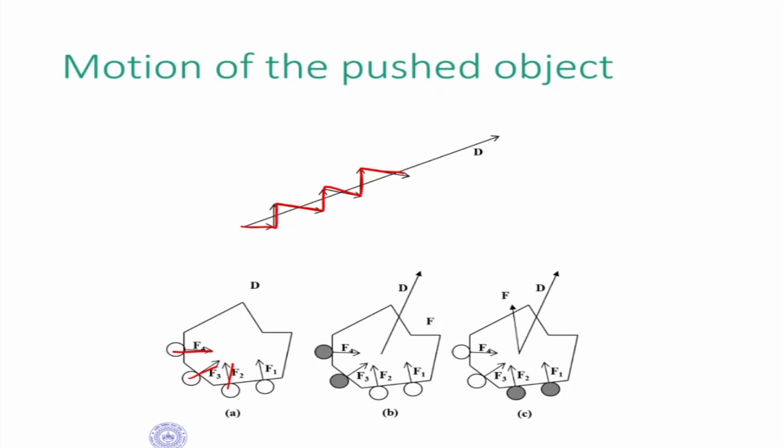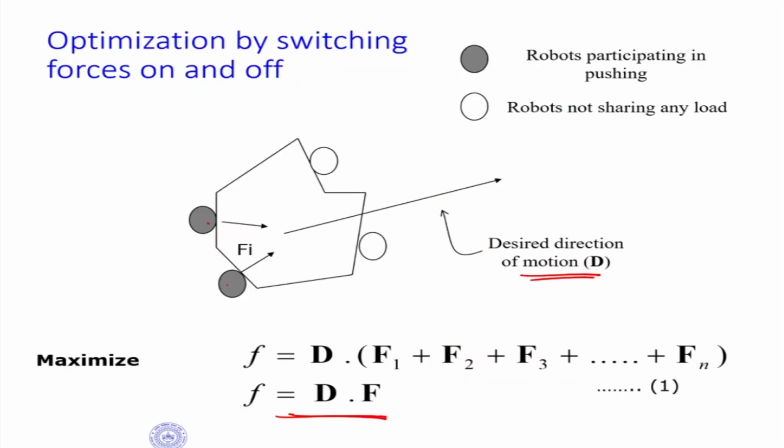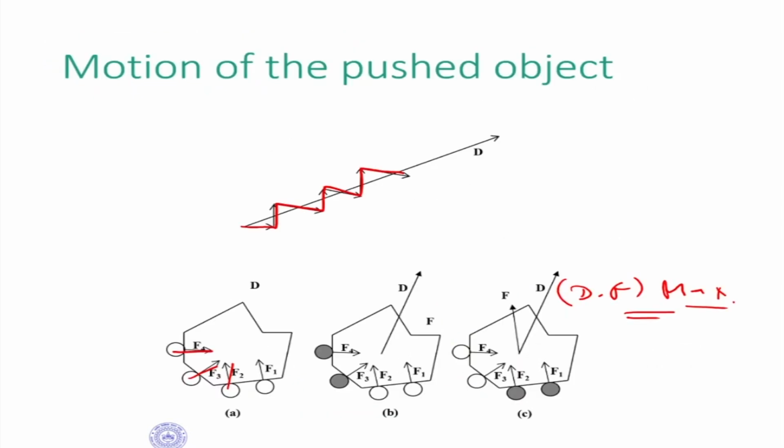So that means d dot f is what we are maximizing. Which robot is going to push will be determined from here. That is the above equation that we have seen. From this equation, which one is going to push will be determined by maximizing this. So this is an example also of optimization of multi-agents, which can be looked at as mobile robots or can also be looked at as fingertips. And this is how it operates.